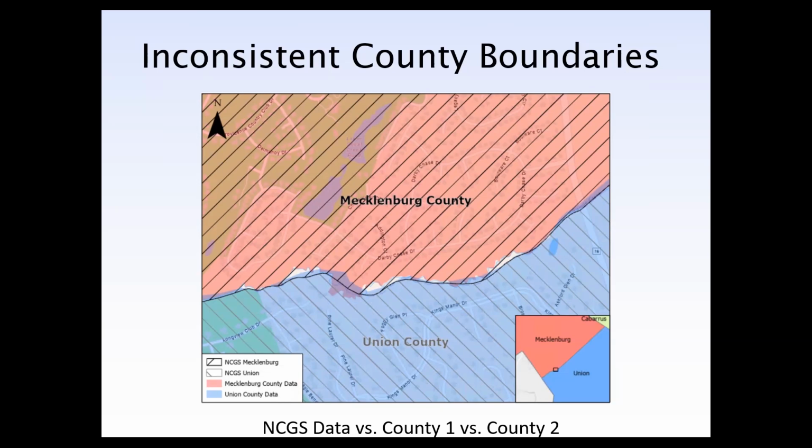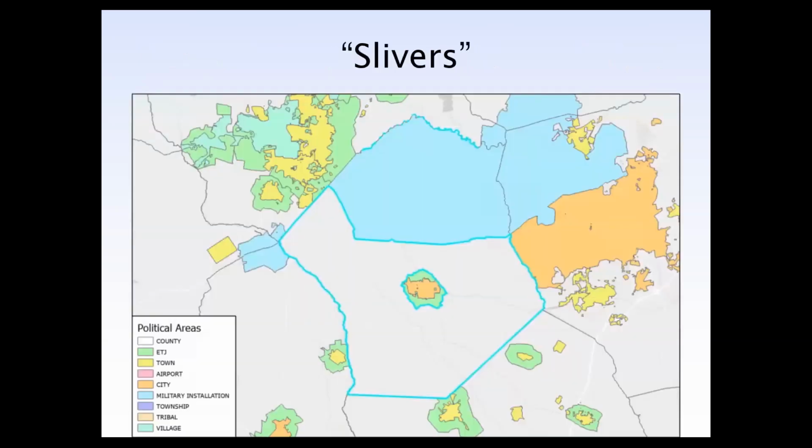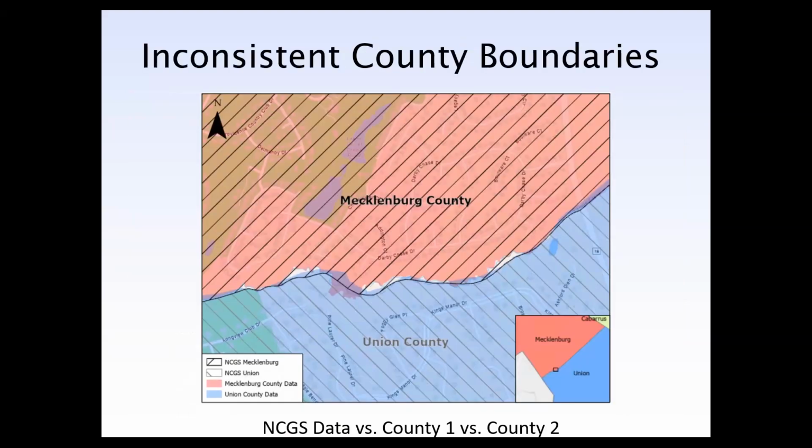But this map shows in hatches the areas. As you can see, the county data overlaps the geodetic survey data. There are places where it falls short of the geodetic survey data, and then places where the 2 counties' data overlaps each other or there are gaps between them. So this is just one thing that I had to think through and make sense of as I was working through the data.